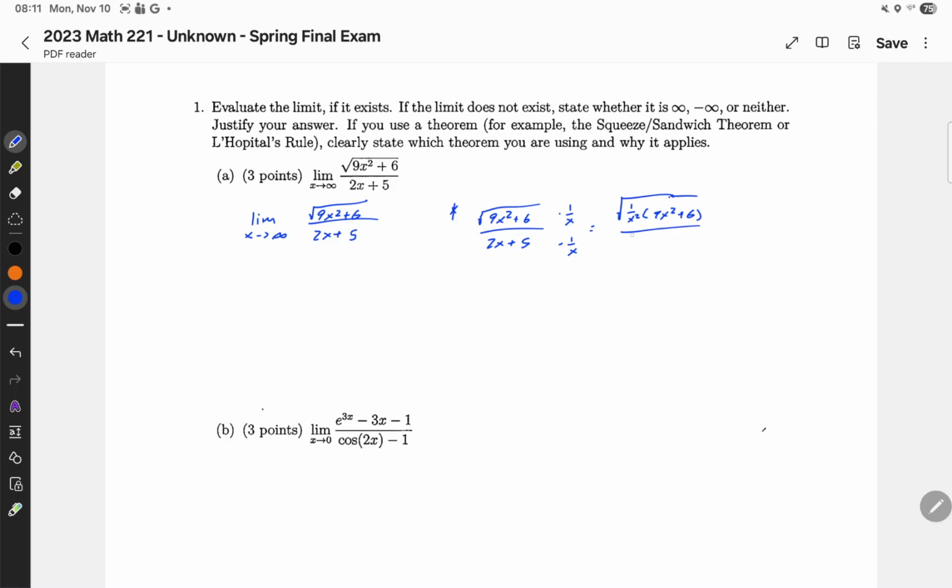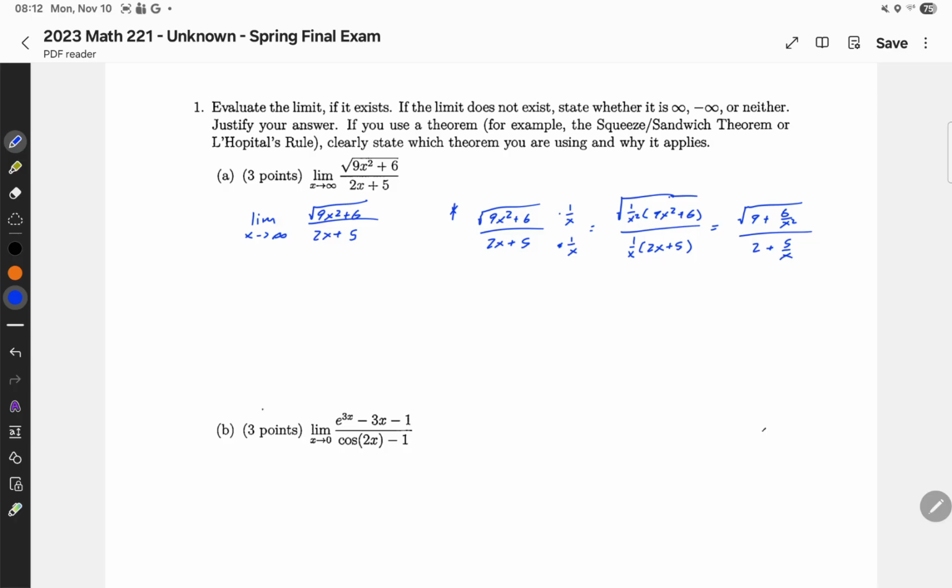This is all going to be over, this should be a times, make sure it doesn't look like a minus, 1 over x times 2x plus 5. Simplifying a little bit, this is equal to the square root of 9x squared times 1 over x squared, which is just 9. The second term is 6 over x squared. All of this is over 2x divided by x, which is just 2, plus 5